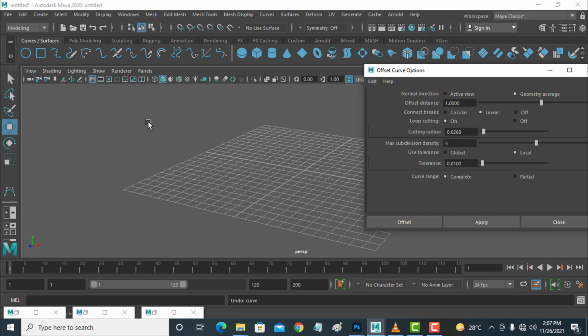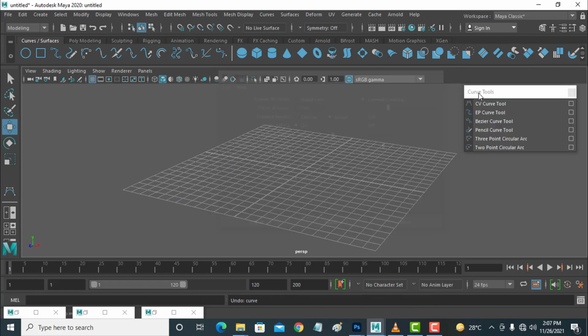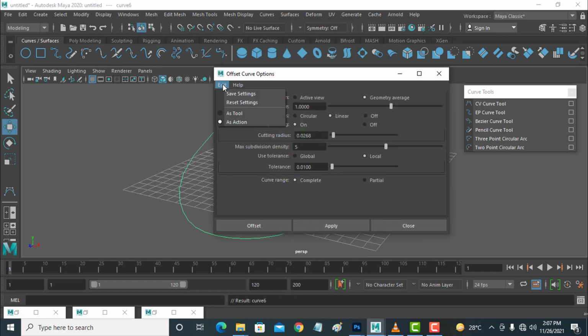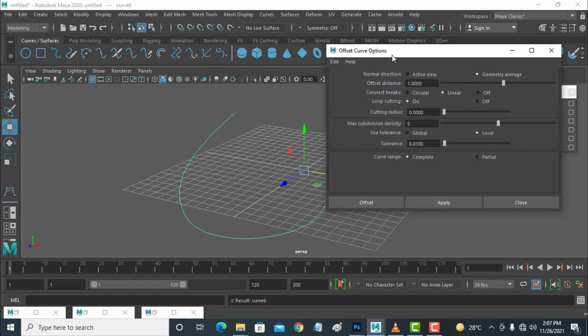I am making another line like this, and now go to curve and offset, go to reset setting and apply.